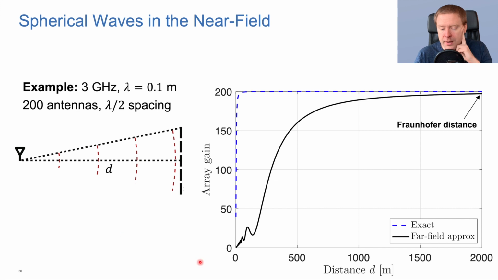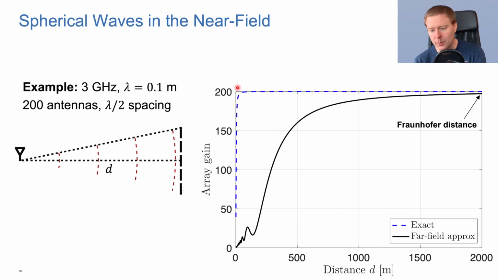And what I am showing you here is that if we operate in the system, taking into account that we have spherical wavefronts, so that we cannot just compute the distance to the location D here, but we need to consider the distance to every single element in order to figure out how we should delay our signal when we're transmitting and how we should sort of rotate the received signal in order to add them up constructively. In that case, irrespective of what distance I'm in, from 1 meter up to 2,000 meters, the blue curve here is showing you that we can get an array gain up to 200, and at least until we are very close to the